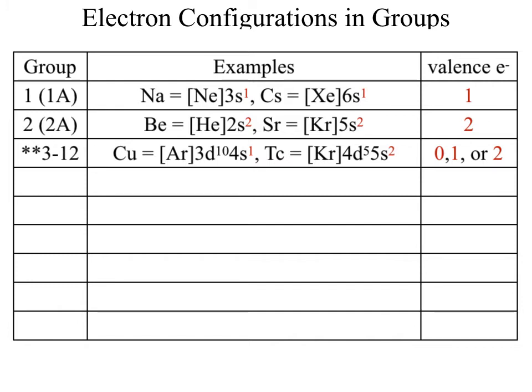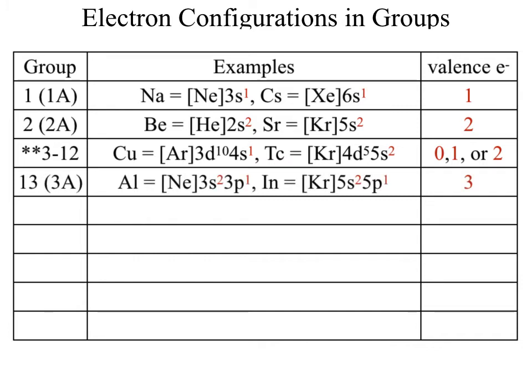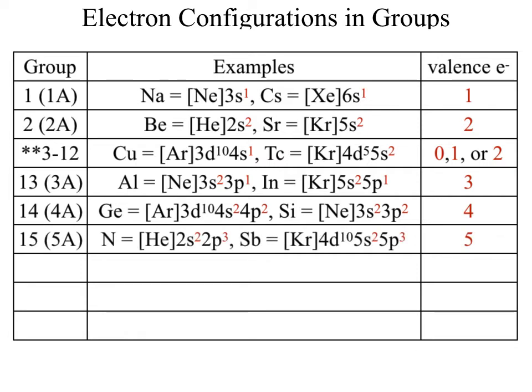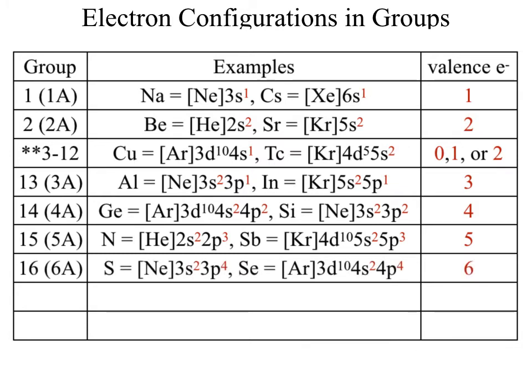There's one element in the D sublevel, which is groups 3 through 12, that has 0. See if you can find it. Group 13, which is also called 3A, is aluminum and indium, but notice they're s2p1, so the 2 s's and the 1 p make 3. Group 14, they're all s2p2s, so 2 plus 2 is 4. Group 15, they're all s2p3s. 2 plus 3 is 5, 2 plus 4 is 6, 2 plus 5 is 7, and